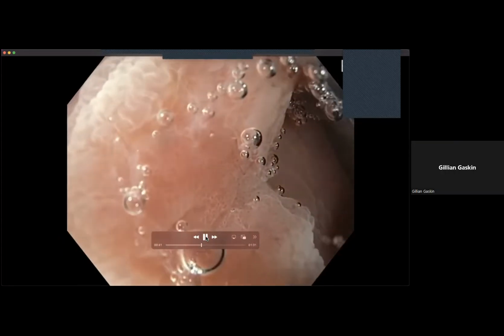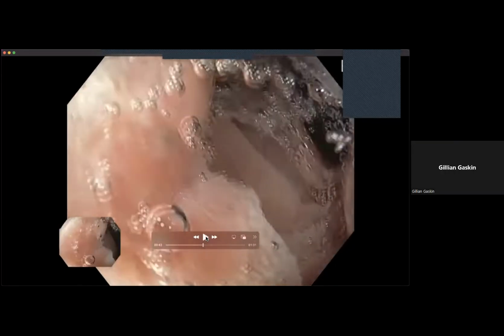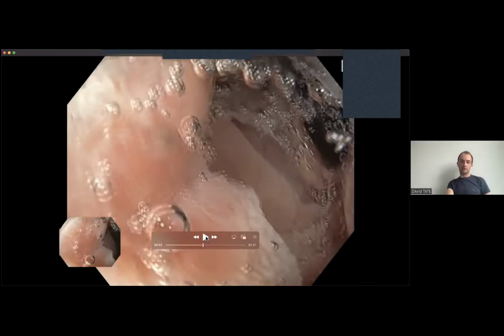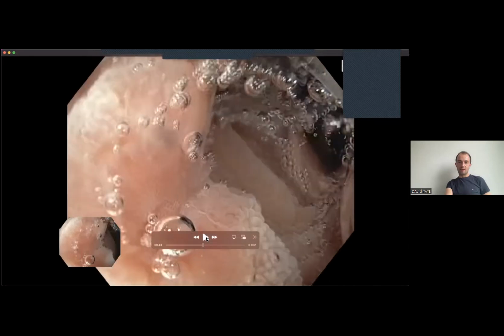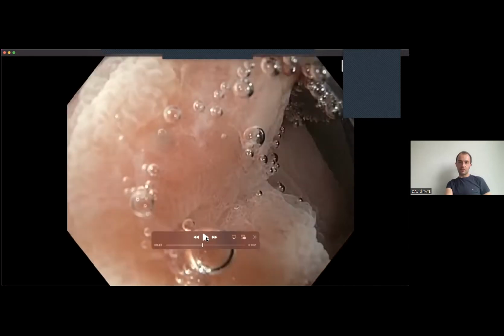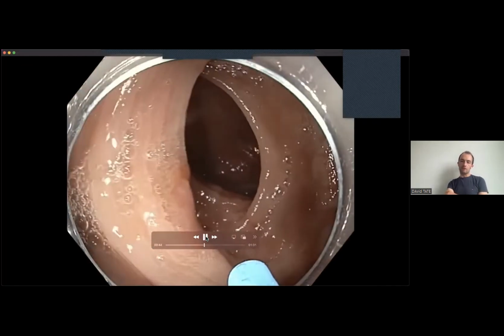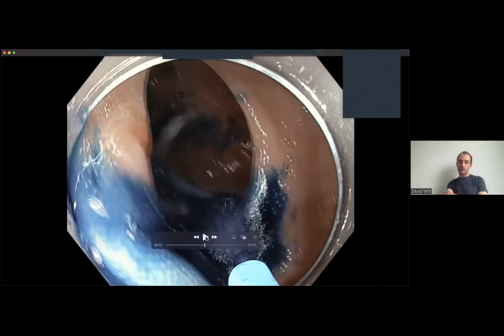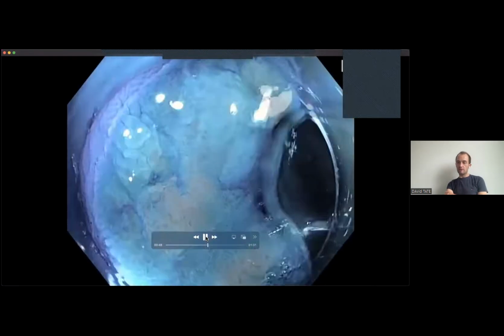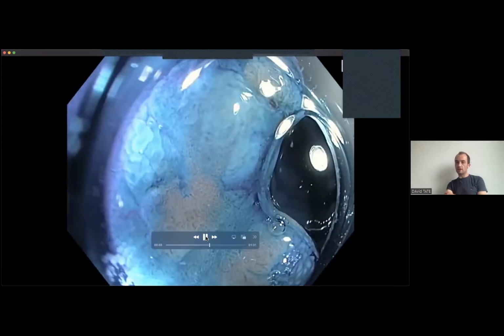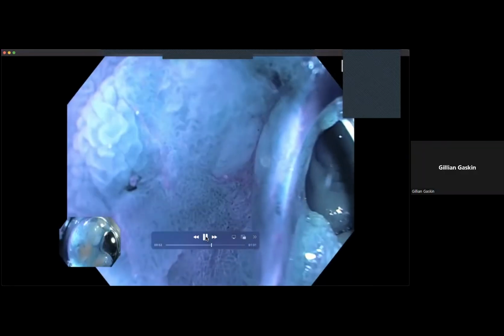There looks to be a slight demarcated area in the middle. Yeah, I completely agree with you. I wouldn't even say slight. I would take the slight off it and just say that there is definitely a demarcated area within that polyp. If that's the case, remember from the algorithm, then we don't worry about all the other things. We just look at that demarcated area to see if it's regular or irregular, because if it's irregular, we stop there and we call it cancer, right? Yeah. So what do you think?